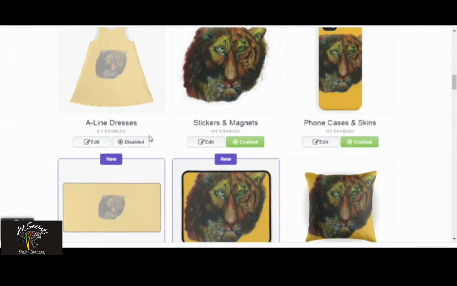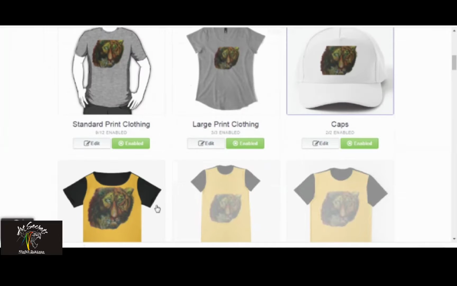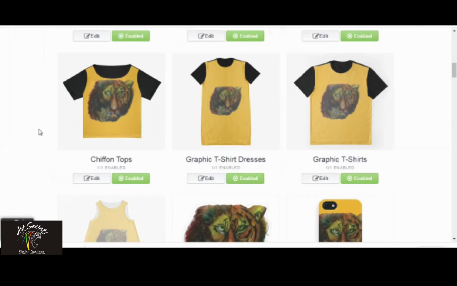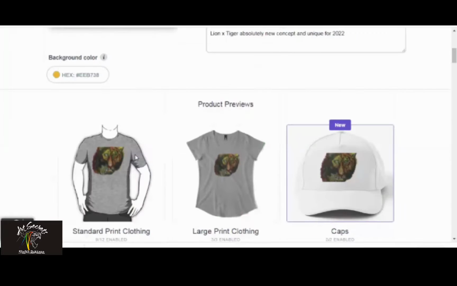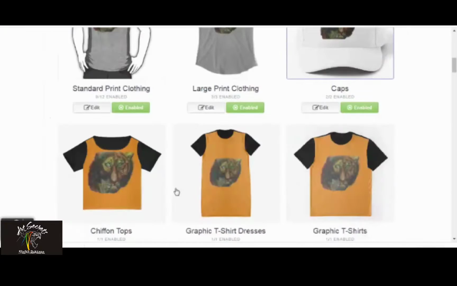Here, all the things. See, you can see I have used a pink yellow color over here. I picked up the yellow color, and you can see all the yellow colors have been given to this background. You can change the background color here also, but this is the way which I do it. Like if I feel like a particular one color is going very well with my artwork, I select this particular one color, and then I just let it go for all the